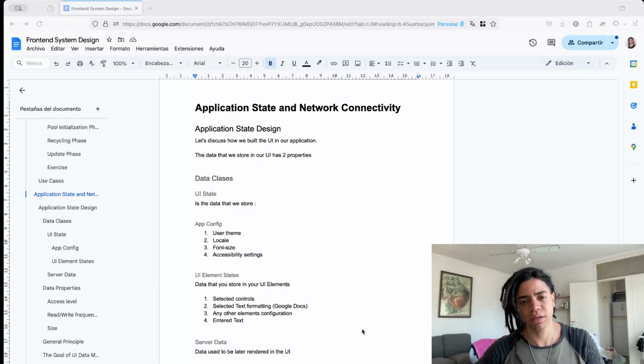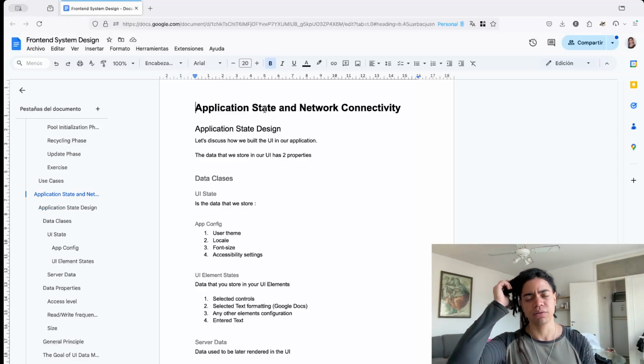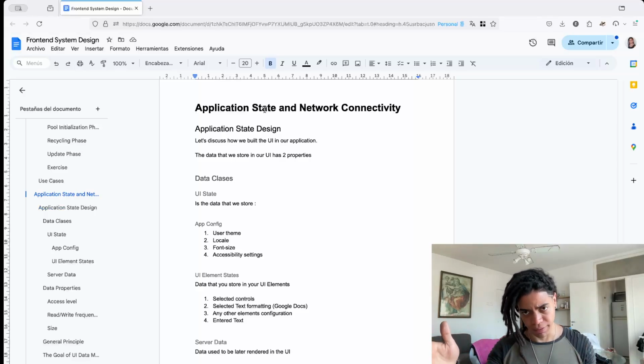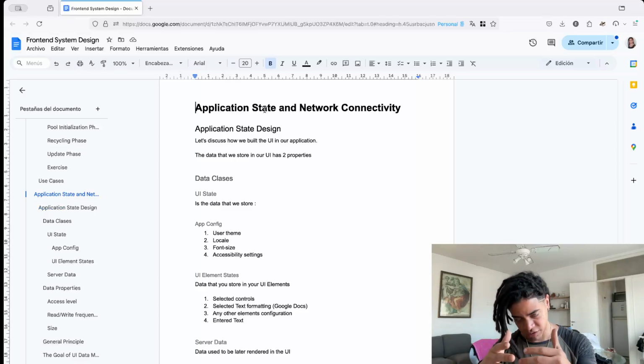Gabriel Gonzalez here again. We're going to talk about application state and network connectivity. This is part of front-end system design, a fundamental if you're going to be a UI specialist, so you can build scalable web applications. The idea here is not only to provide this service to other companies, but also to understand the fundamentals of how to make the design of systems much easier to process, to work with, and